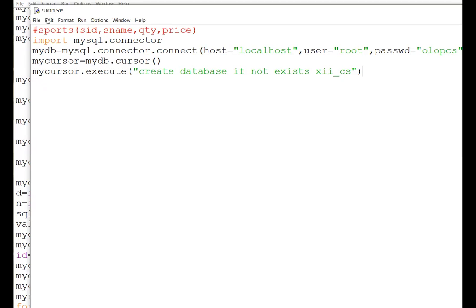After this, use, and then your database name, that is 12CS. Then you have to create a table. So again, for create table, we will be writing everything.